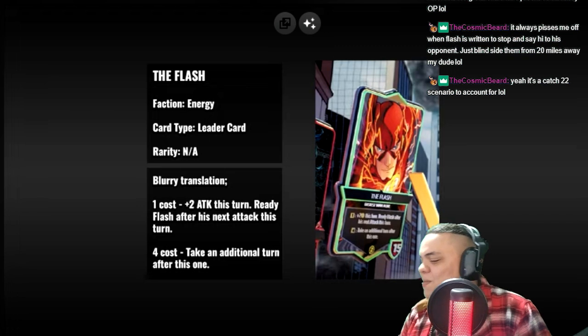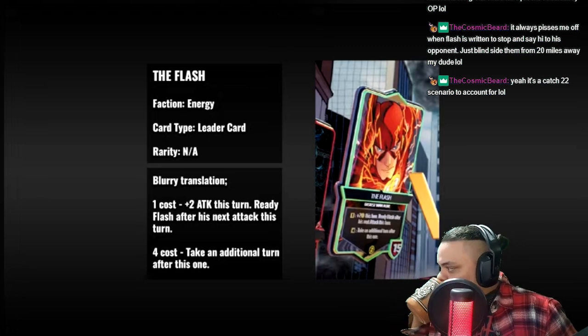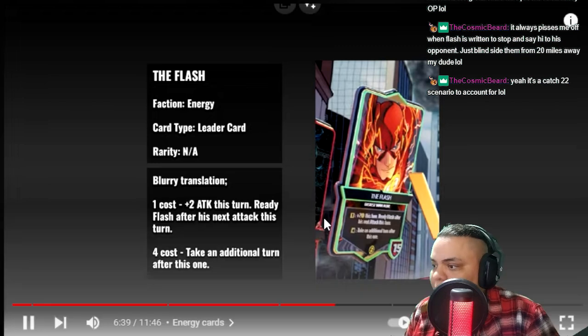Towards the enemy leader, you can deal 4 damage a turn without playing any cards against enemy leaders, and that's pretty crazy. You also see the most expensive ability we've ever seen on a card, and that's take an additional turn after this one. It costs...